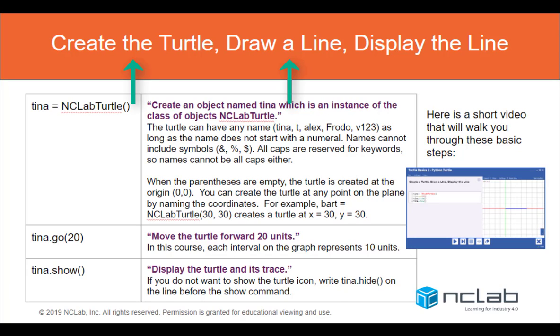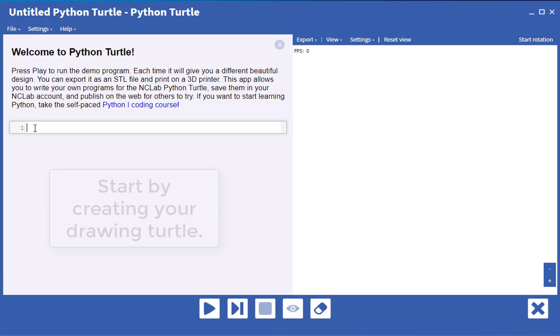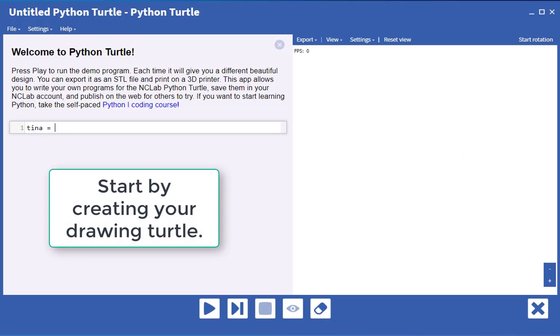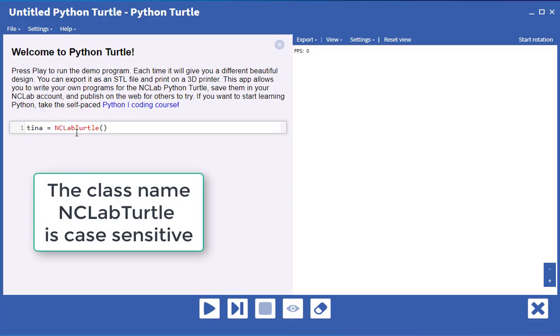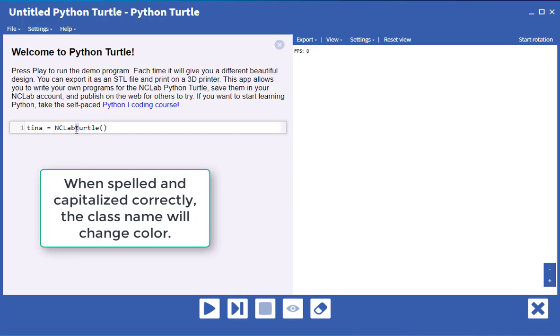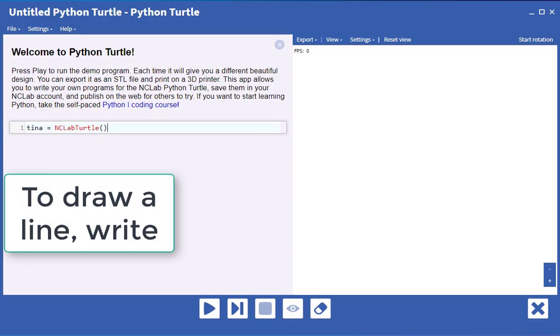Let's create a turtle, draw a line, and display the line. Start by creating an instance of the class NCLab Turtle. The class name is case sensitive and you have to spell it correctly. To draw a line, write